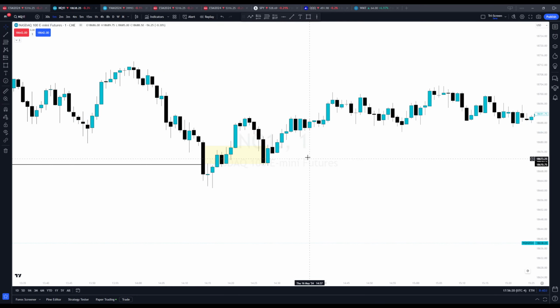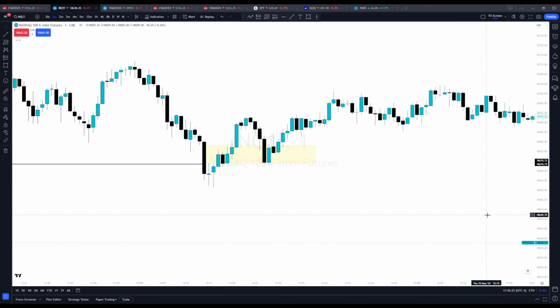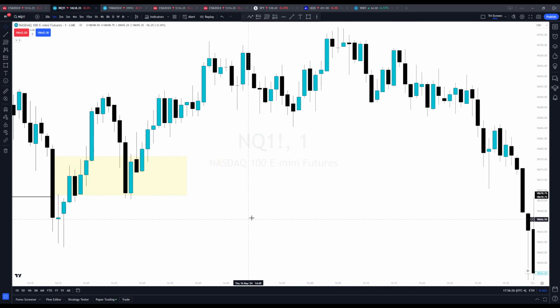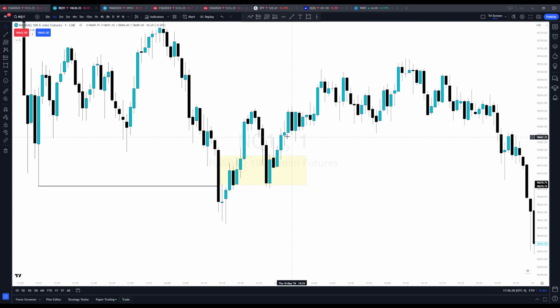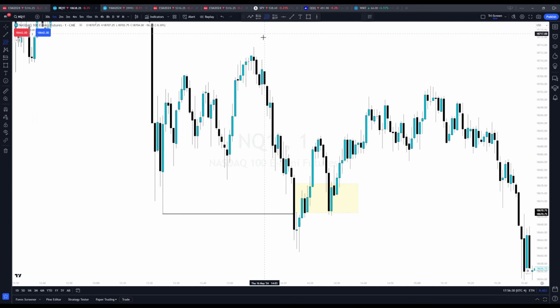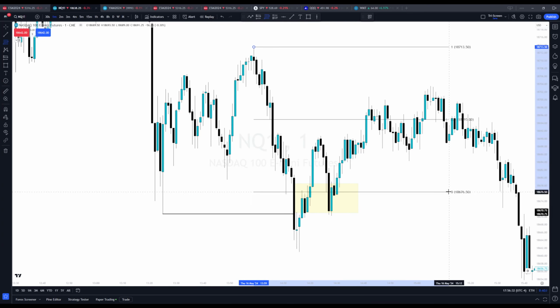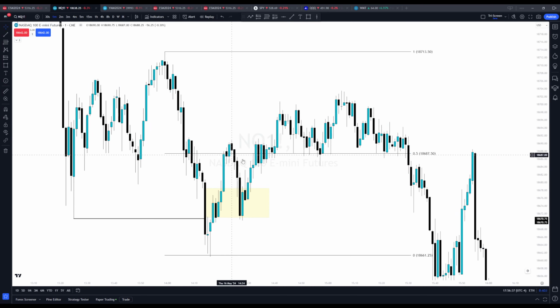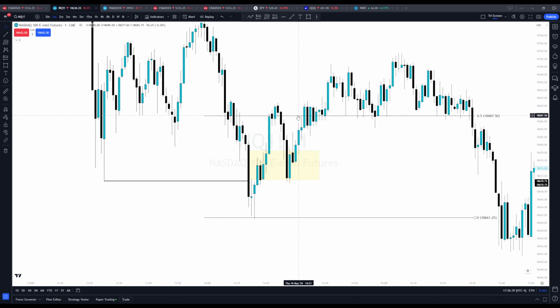Obviously, we come back down. Notice we did not close back below. For an inverse like this, your stop is usually if we close back below. If you didn't go to break even, then you hold. But look where price drew to. We hit 50% here. This is where I probably would have gone to break even and trimmed.